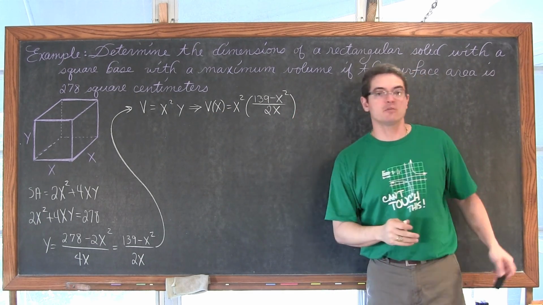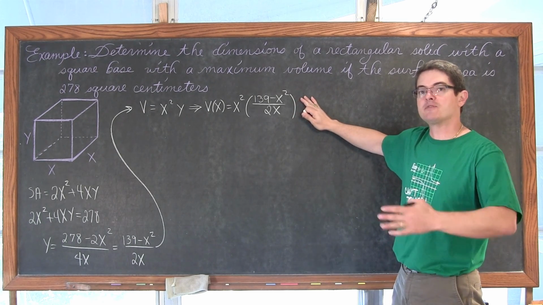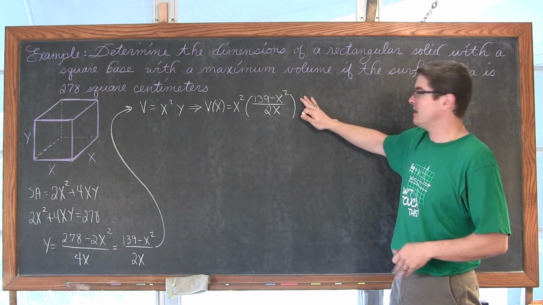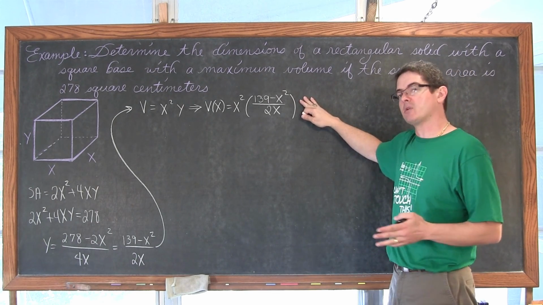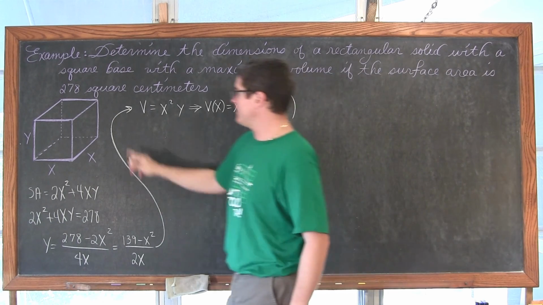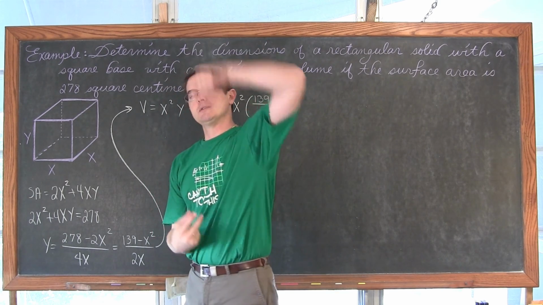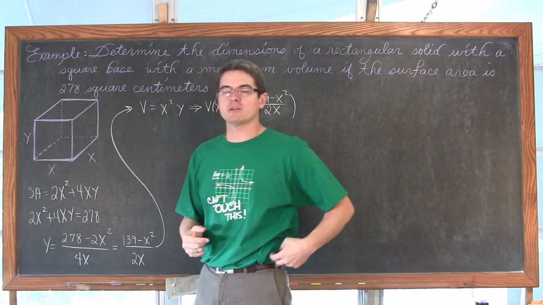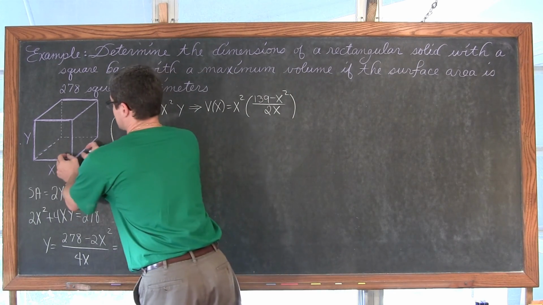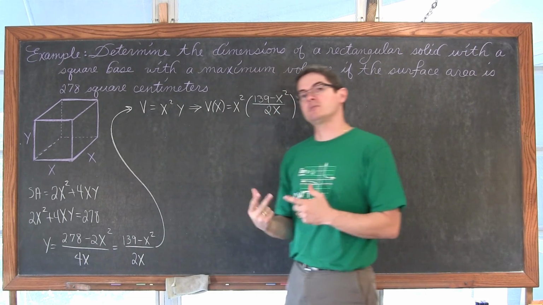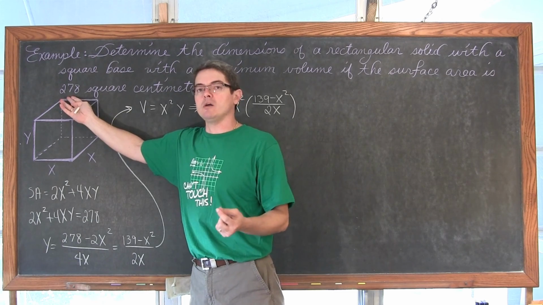Now we're going to have to find the first derivative of this function so that we can do the first derivative test to find either relative max or mins. I can do the second derivative test as well if I like. We also need to look at a reasonable domain. Now x, the length of the sides of the base, can shrink to be almost zero, so we have a very, very, very tall, skinny rectangular solid or box, and I don't think that's going to be very efficient for holding volume. Or I can take these sides and let them extend out until the two bases basically take up what's effectively all of the surface area.